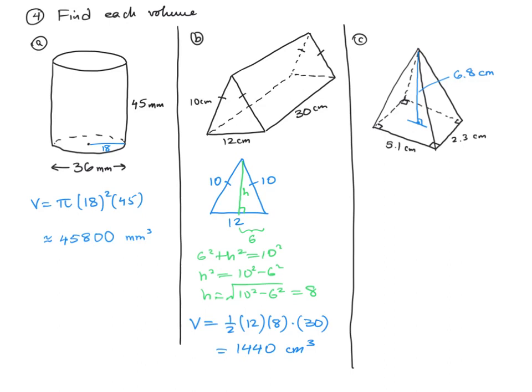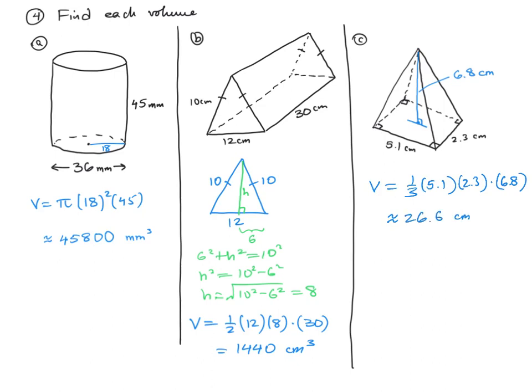Now this one is a pyramid, so the volume of a pyramid is 1/3 area of base times height. Now luckily it gave me the actual height, not the slant height. So I've got the height I want, and the base is a rectangle with all these right angles in it. So the volume here is going to be 1/3, and I first do the area of the rectangle, which is 5.1 times 2.3, and then I multiply that one times the height of the pyramid, which is 6.8, and I plug that into my calculator. And again, to 3 sig figs, I get approximately